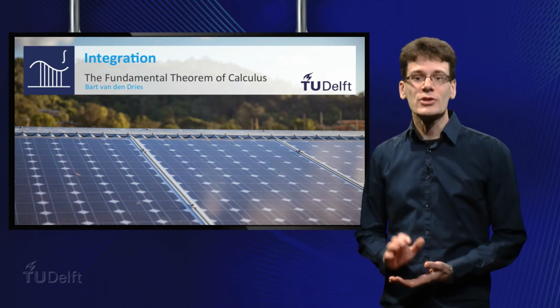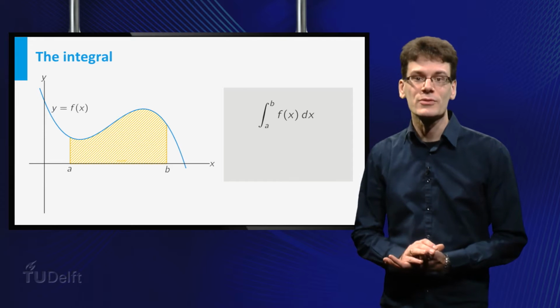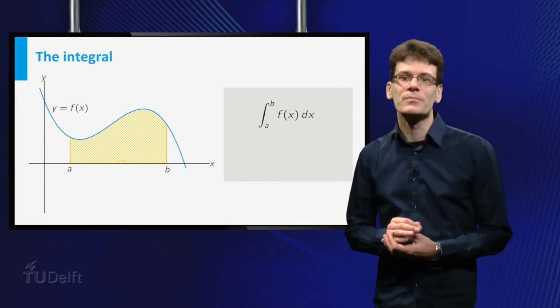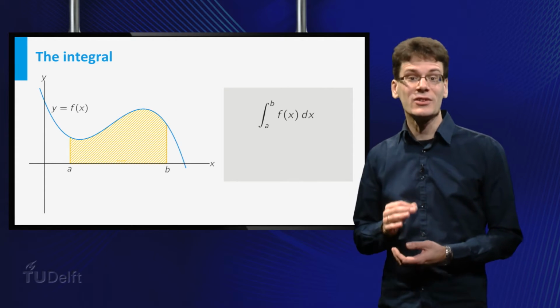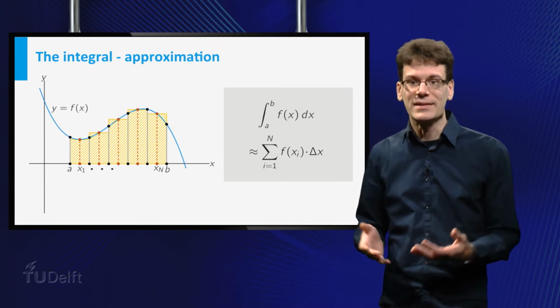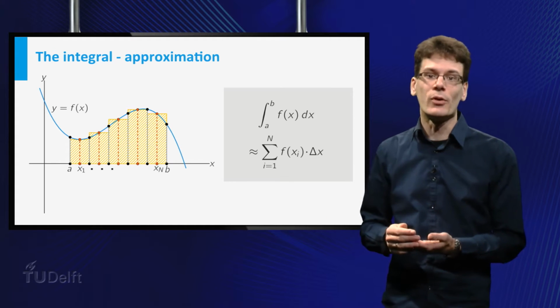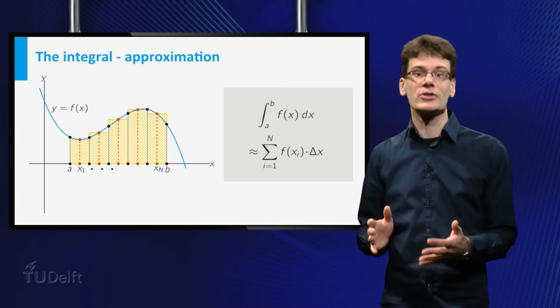Hi. So far, we have seen the definition of the integral as a limit of Riemann sums. Using this definition, we always have a way to determine an integral approximately. Replace it by a Riemann sum. Indeed, we can always subdivide the interval of integration, choose sample points, and calculate the corresponding Riemann sum.